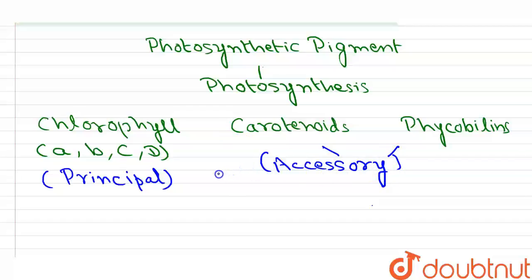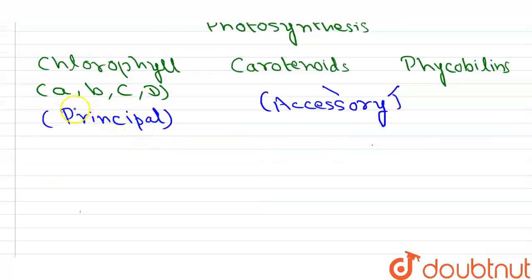So let's move on to the main part of the question, that is, oxygen containing carotenoids are. As we have discussed, the carotenoids are photosynthetic pigments. So we need to tell which of the carotenoids are oxygen containing. So let's discuss it further. The carotenoids are lipid soluble pigments in plants.